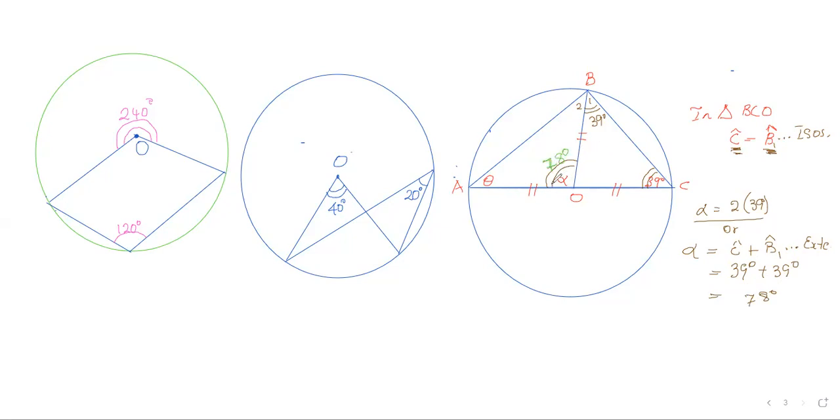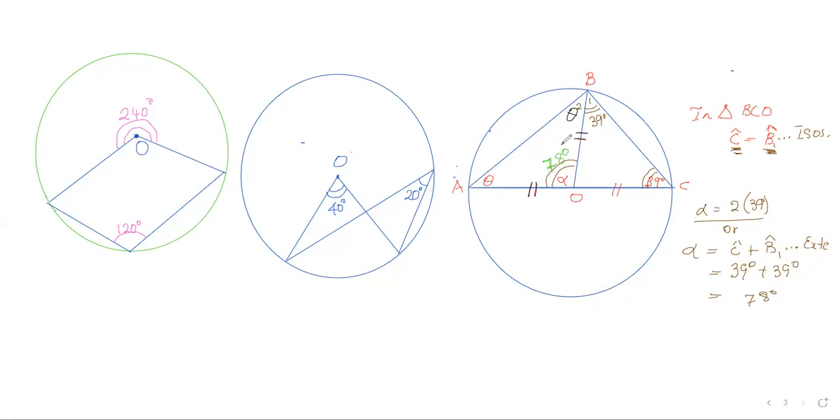Now, if alpha is 78, in triangle ABO, BO is equal to AO, which also means that these two angles are equal. This must also be alpha, theta. This one is alpha, that one is theta. Because BO is equal to AO, it makes this triangle isosceles. Therefore,